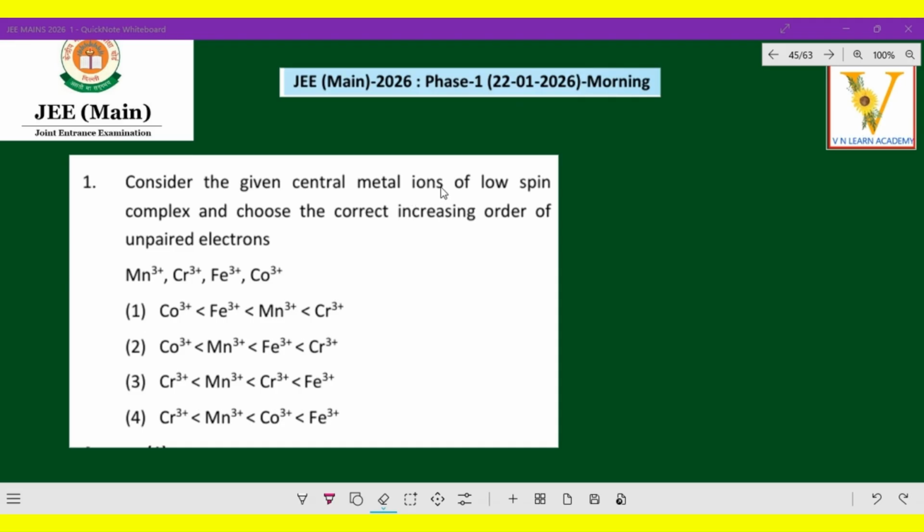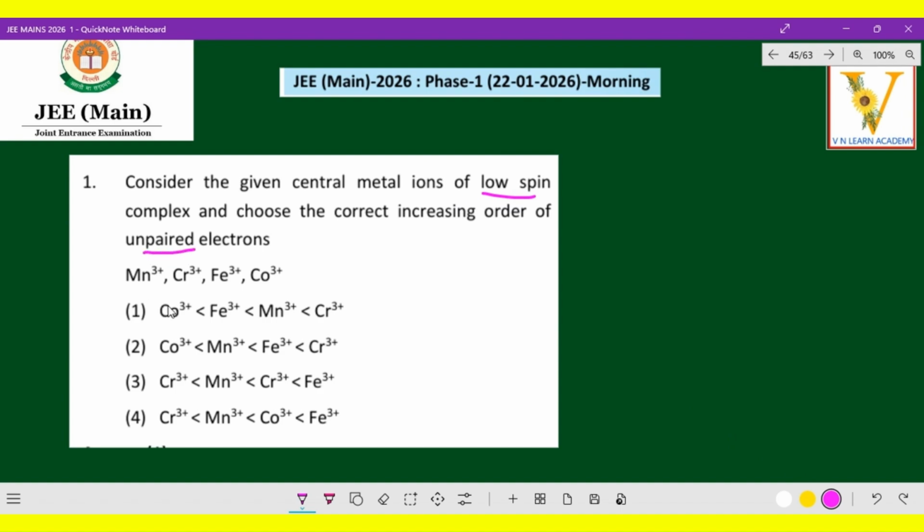Consider the given central metal ions of low spin complexes and choose the correct increasing order of unpaired electrons. Manganese, that is Mn3+, chromium 3+, iron 3+, and cobalt 3+. So here, they have given two key points. The first key point is that it is a low spin complex. The other one they mentioned is